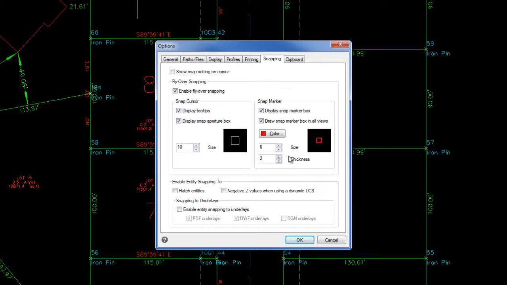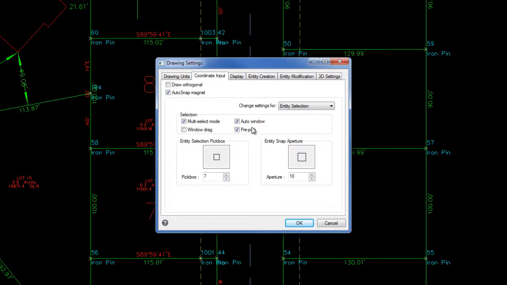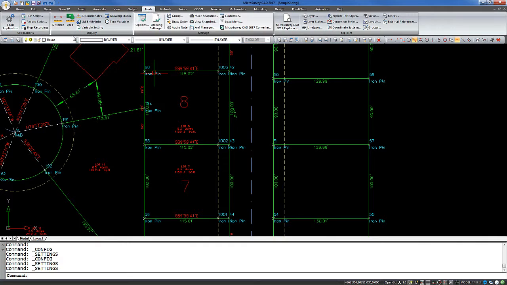So in this case, we have a 10 pixel size for the snap cursor, a 6 pixel size for the snap marker, and a thickness of 2. So we can see we can enlarge or shrink that, and we can also make it thicker or thinner. We'll hit OK, and we'll note that the pick box size is 7, so slightly smaller than our snap cursor size, and the aperture is 10. So as an example, if I were to draw a line,